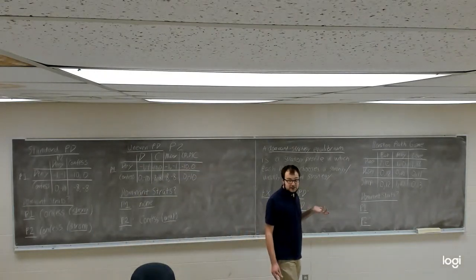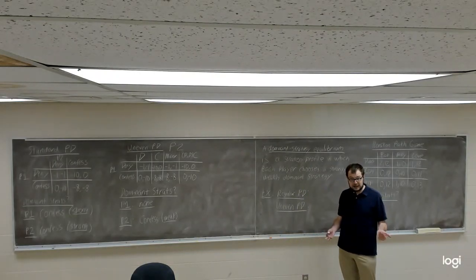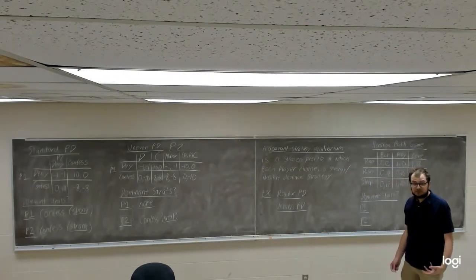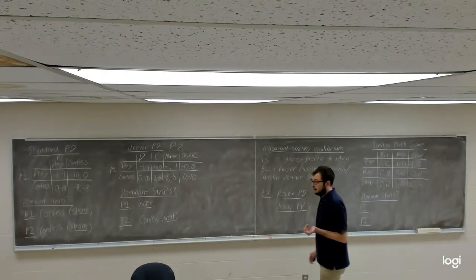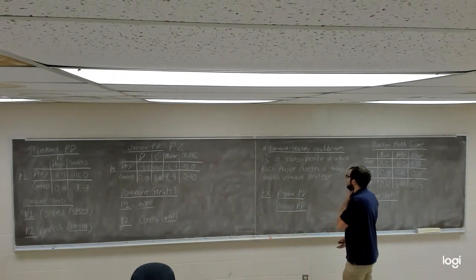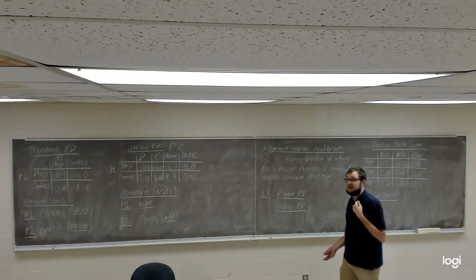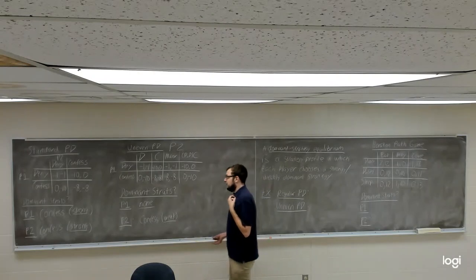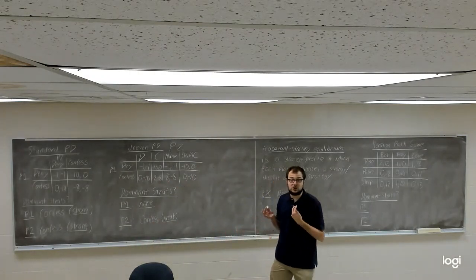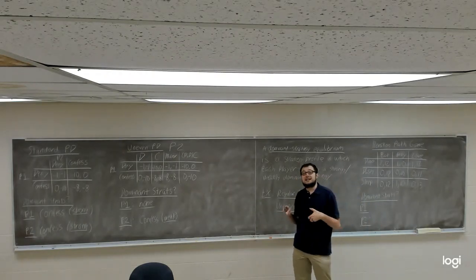What I want to talk about for the rest of this video is the idea of having a dominant strategy equilibrium state. A dominant strategy equilibrium is going to be a strategy profile, meaning each player is going to choose a strategy in their game, in which each player is going to choose a strongly or weakly dominant strategy. So if you have a strongly dominant or weakly dominant strategy, play that, and if each player can choose that, that's going to give the game a dominant strategy equilibrium.